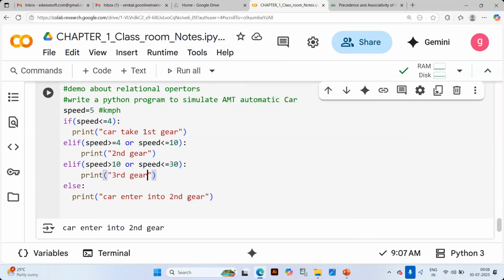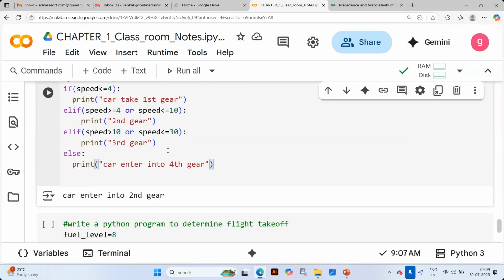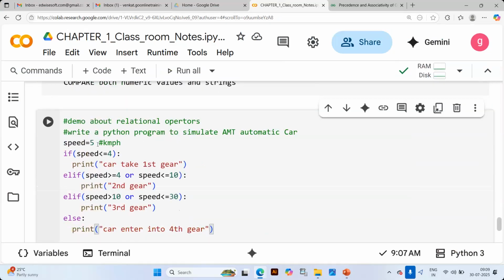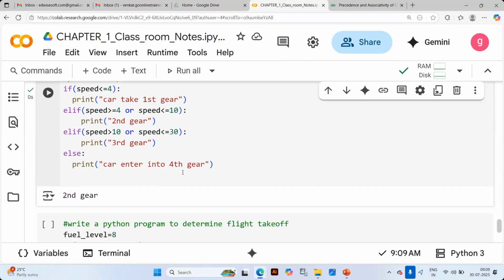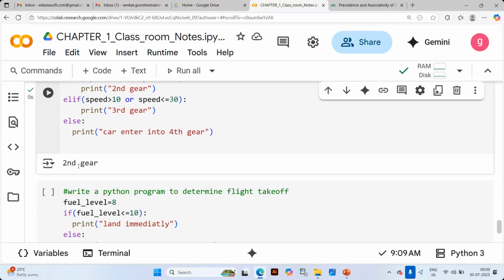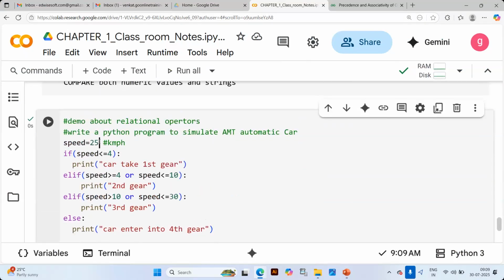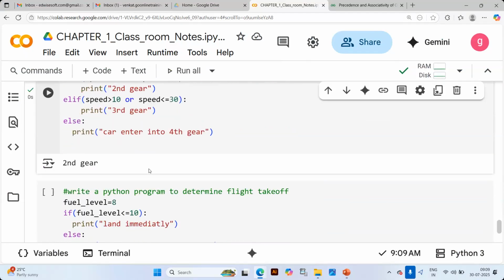If all the things are not satisfied, obviously it will go with the fourth gear. This is the way how exactly the program will be customized. Clear? If we take 25 kilometers per hour, automatically it will go to the corresponding second gear. Isn't it? If we change to 35 kilometers per hour, automatically it will enter into the